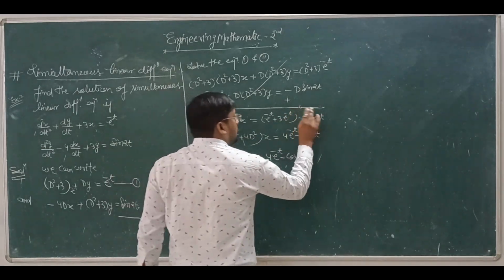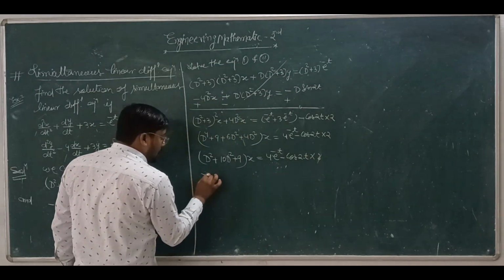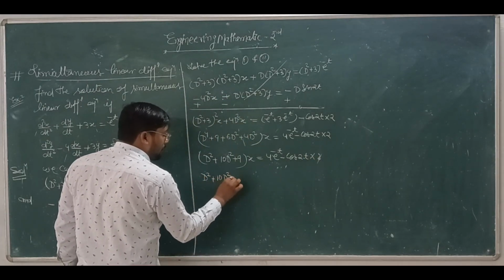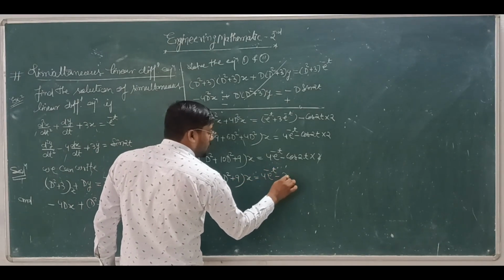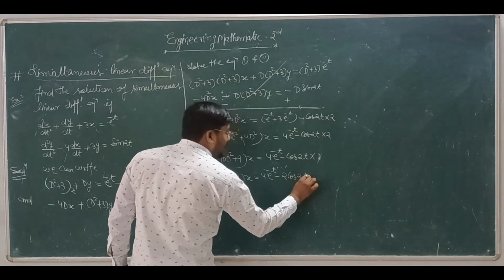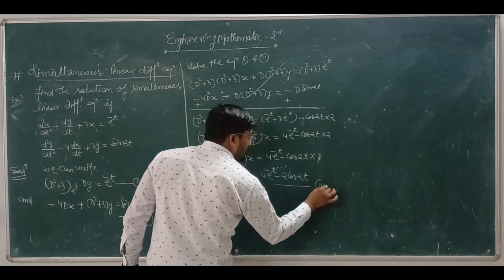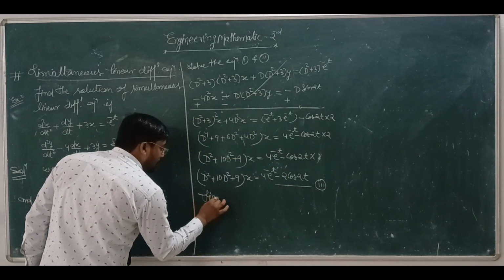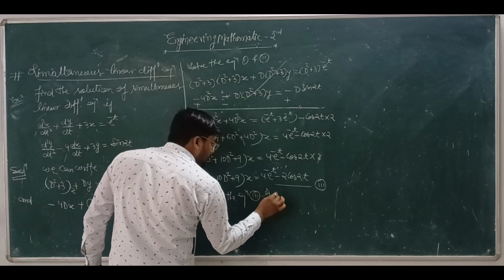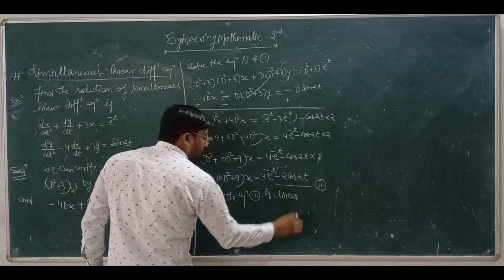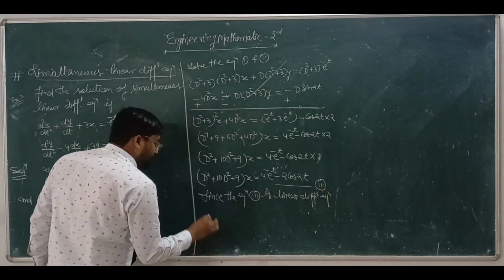Sorry, this is equal to, multiplying by 2. You can multiply both sides by 2. Now you can write (D^4 + 10D^2 + 9)x = 4e^(-t) - 2cos 2t. Now this is equation number third. Since equation third is a linear differential equation, therefore